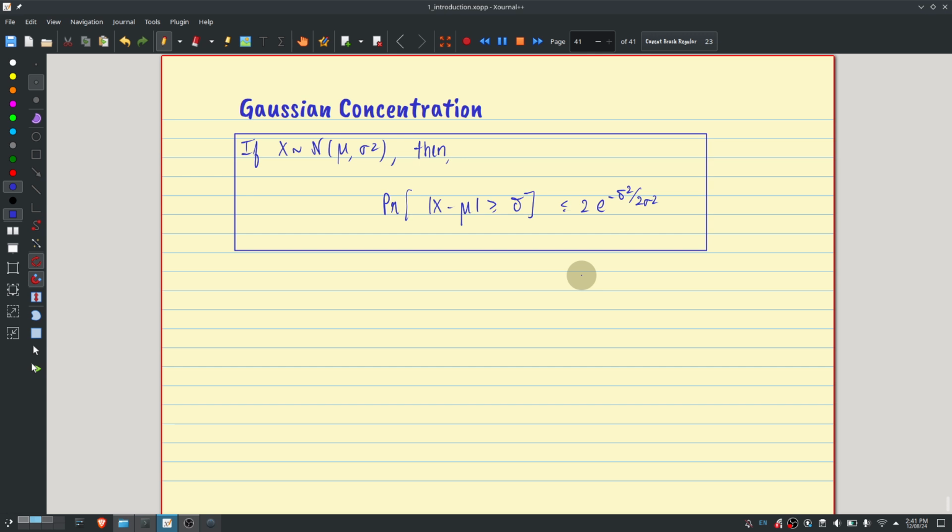So in the last class, we derived the following fact, that if x is a Gaussian random variable with mean mu and variance sigma square, then the probability that x deviates from its mean by an amount delta is upper bounded by e to the minus delta square by 2 sigma square. Right? So we won't exactly use this, but in fact we'll use the Chernoff bound for not Gaussian random variables, but rather chi-squared random variables.